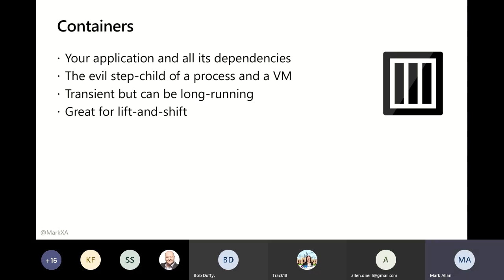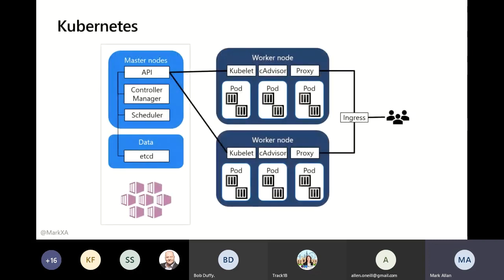Now, the next thing we want to do, we've got our individually deployable service here in a container, but we then want to make it individually scalable, and that's where the big ugly Kubernetes comes in. Kubernetes originally came out of Google as Project Borg. The idea behind it is that you've got all these little containers running in what are called pods, and Kubernetes' job is basically to orchestrate them.